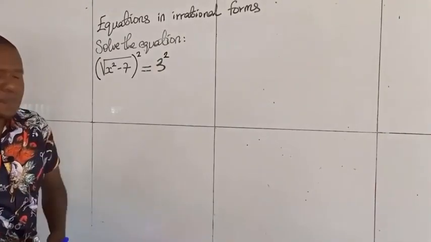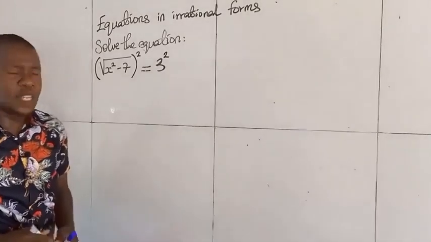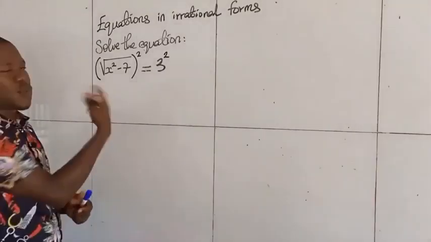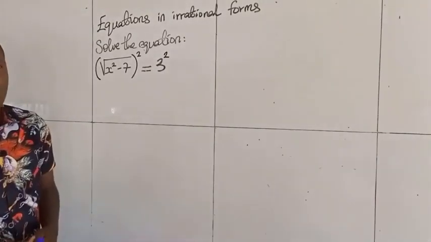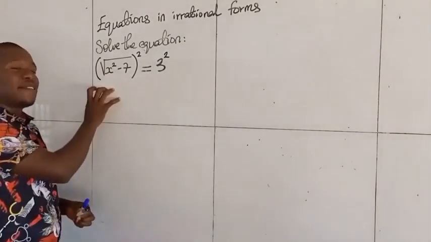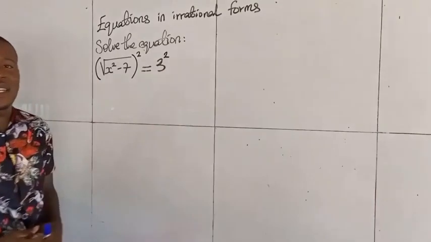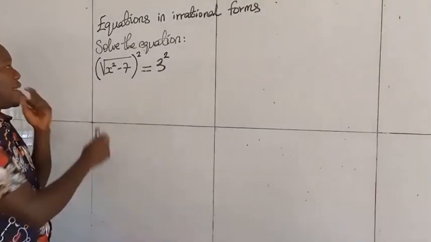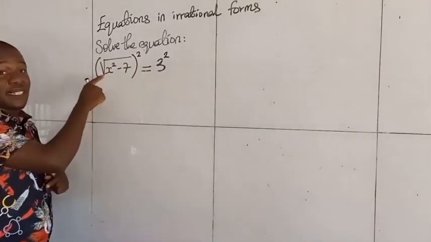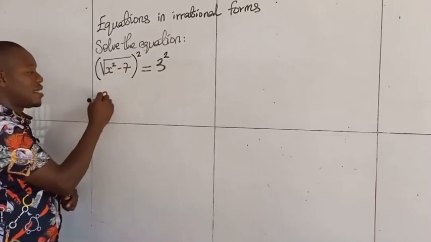That is very good to note. So we call that to square both sides of the equation. Where we needed to square originally was the left-hand side, but to maintain balance, we must also square the right-hand side. So at this point now, on this square, we eliminate the square root, and we are left with x